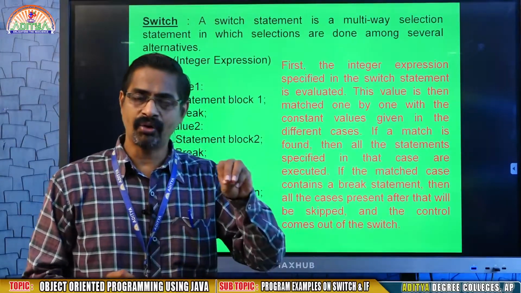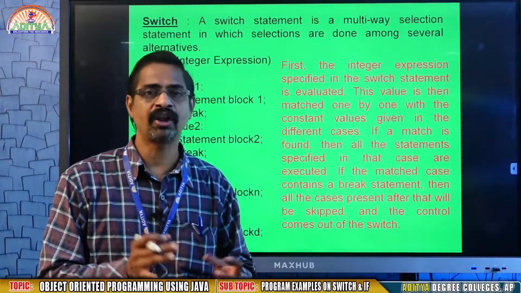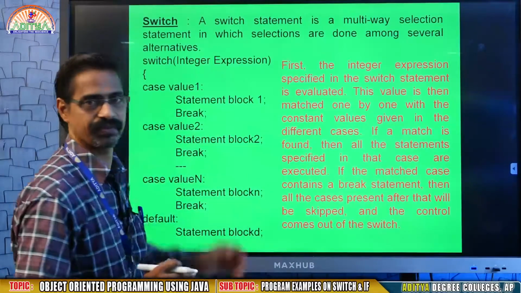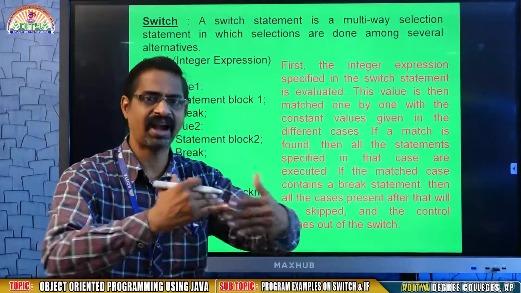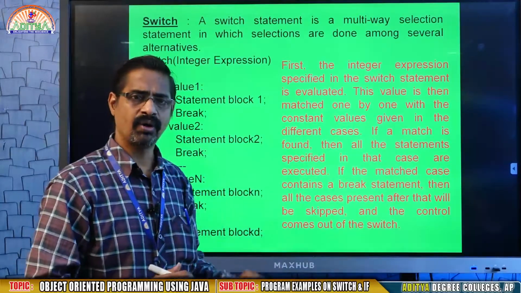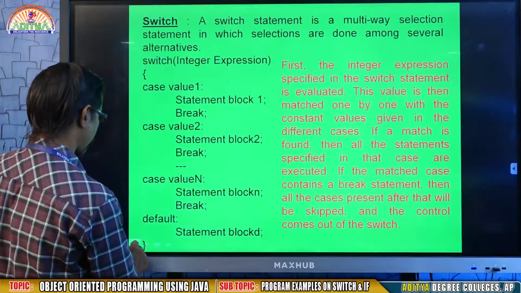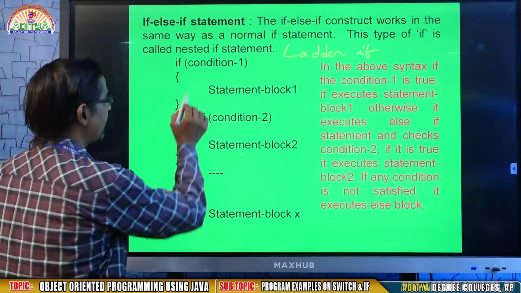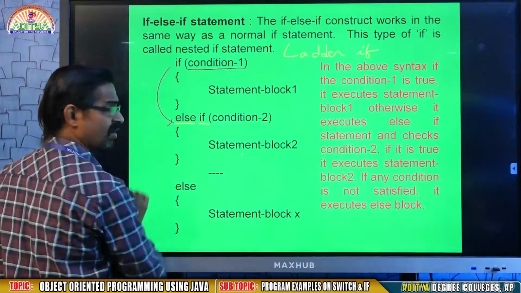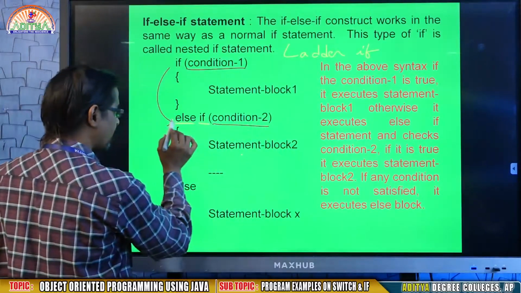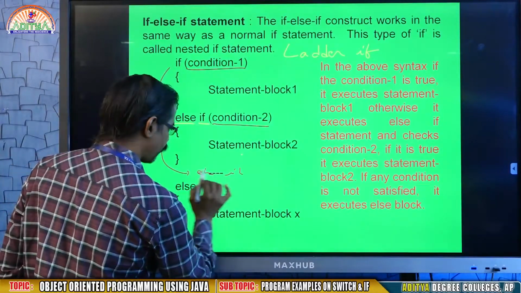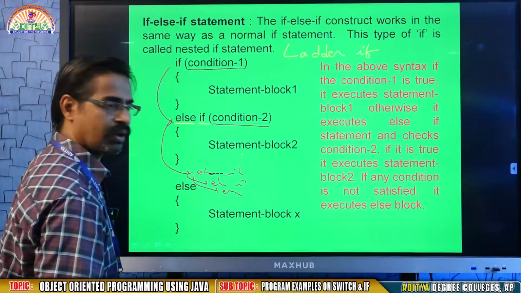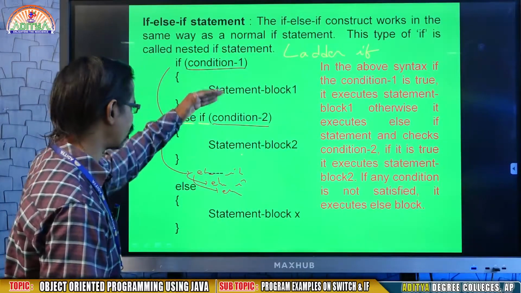And you know how we write a condition? We write the condition using relational operators and logical operators. Then there is another decision making statement, that is switch. It is just like a ladder if. In the ladder if, what we observed: if condition 1 is false, it will go to else. Again check condition 2, if it is false, it will go to else if. Again if it is false, else if. Like this, it will go on step by step. This is what is called a ladder.